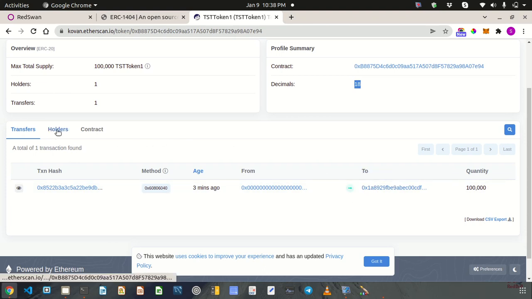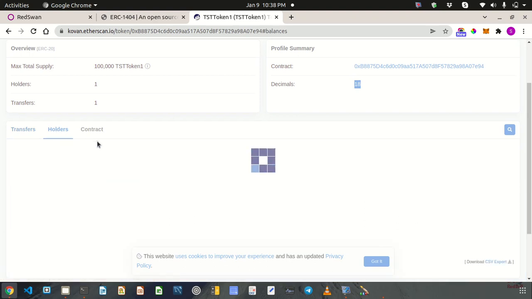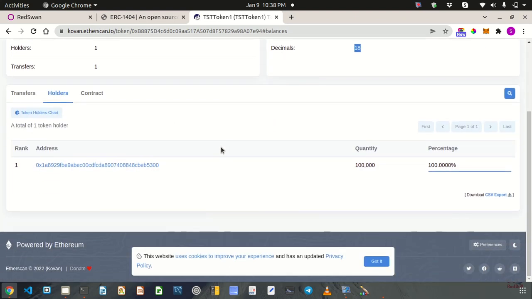So if I click on the holders, it's going to show the current holders who are holding some shares or tokens into this security token. Again, I think my internet is a little bit slow, that's why it's fetching this information. All right, so the interface comes back, and you can see that this is the company address that is holding all the shares or all the tokens that has been minted into this security token. You can also take this address,